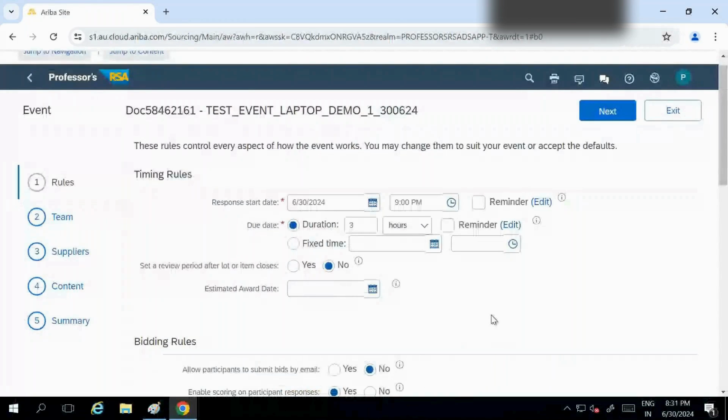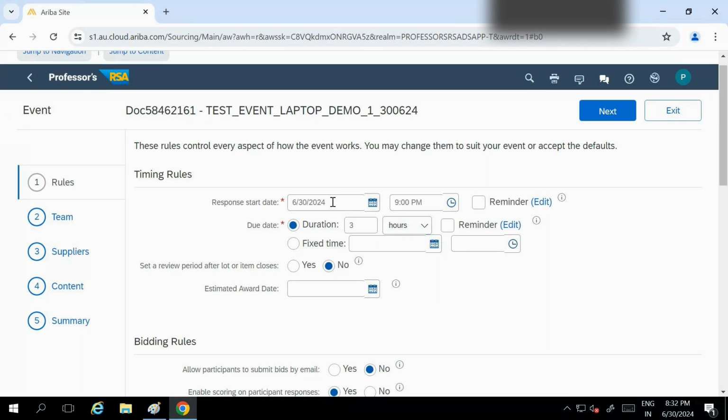Okay, sorry. Then in timing rules, we have put the due date: our event is starting on 30th at 9 p.m. and the duration for that event is 3 hours. We can put it in days, minutes and hours also, or else we can fix it.